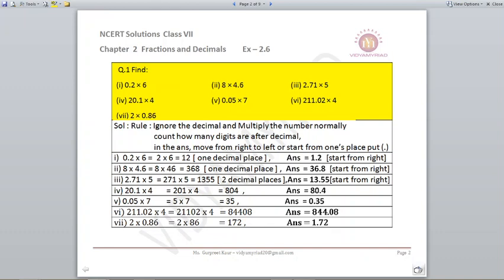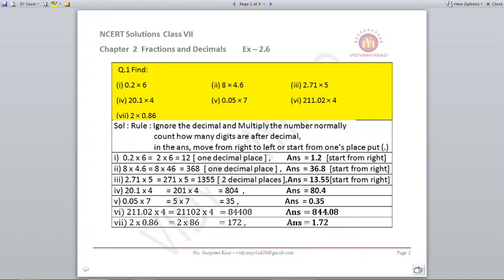Next, 20.1 into 4. So 201 into 4 gives you 804. How many decimal places? Only 1. So I will start with 4. Only 1 is over. Put a decimal and write the remaining number. The answer is 80.4. Fifth part,